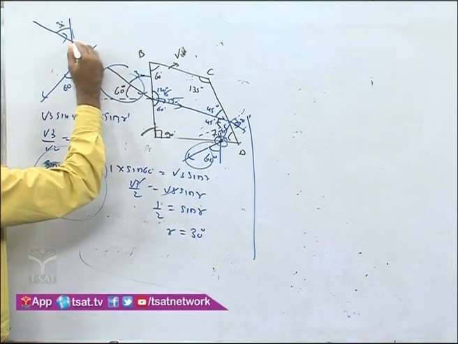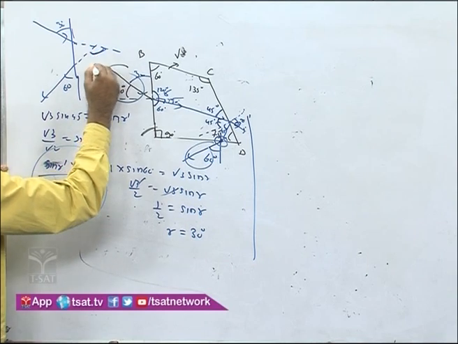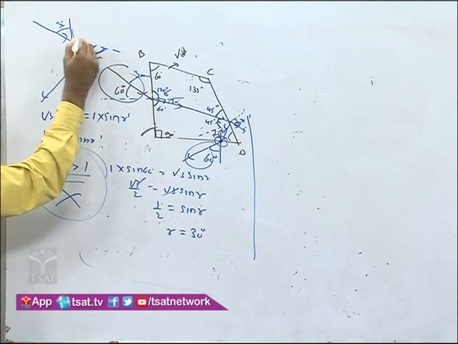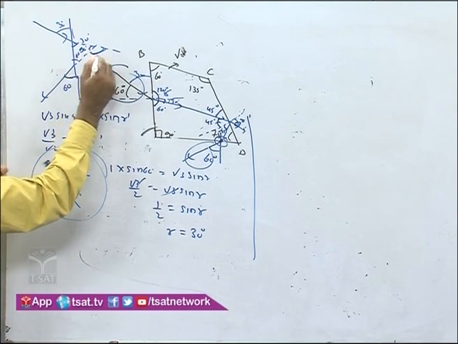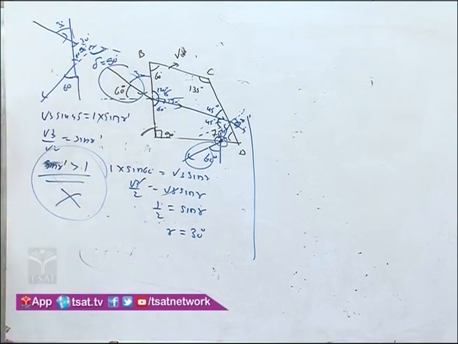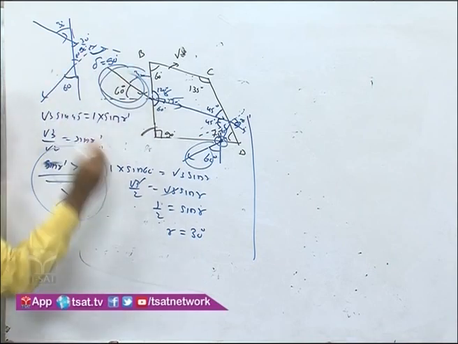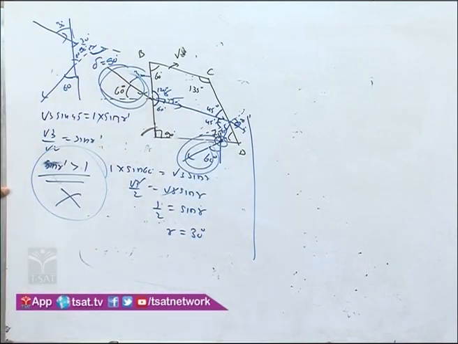If I just make this, this is the angle of deviation. This is 30, this will be 30. This is 60, this will be 60. This will be 90, and therefore this will also be 90. Therefore, the deviation produced between the incident ray and the refracted ray will be 90 degree.